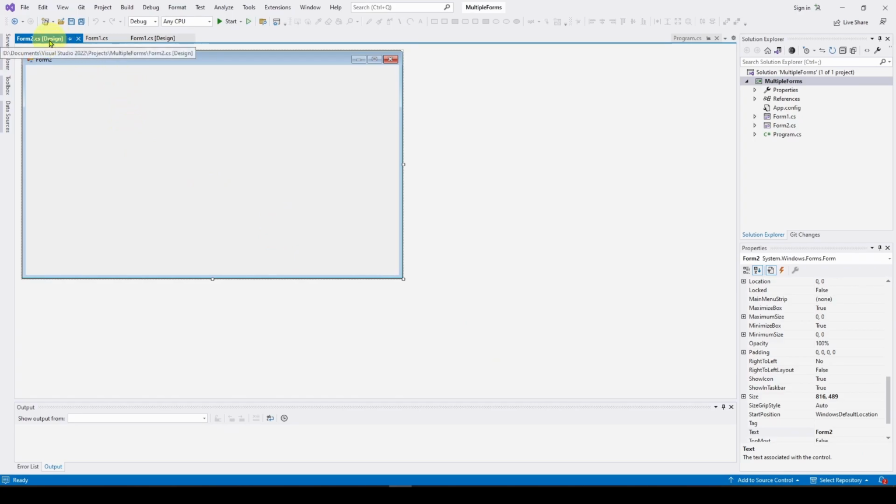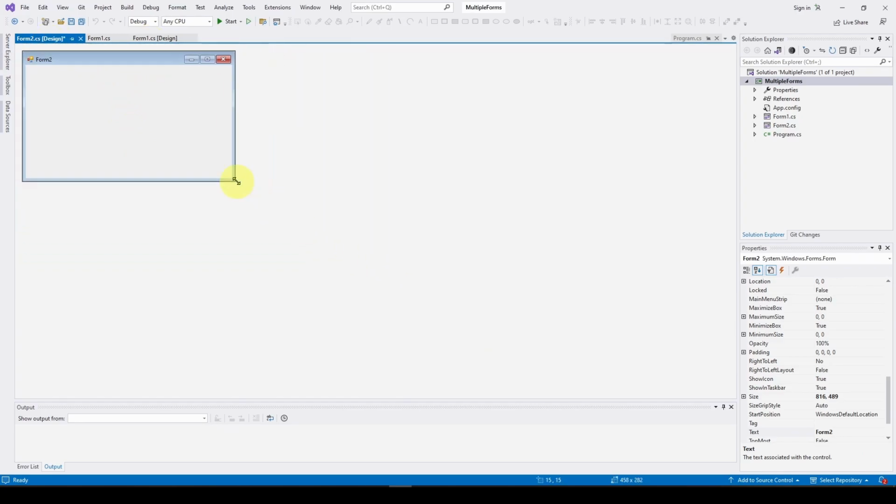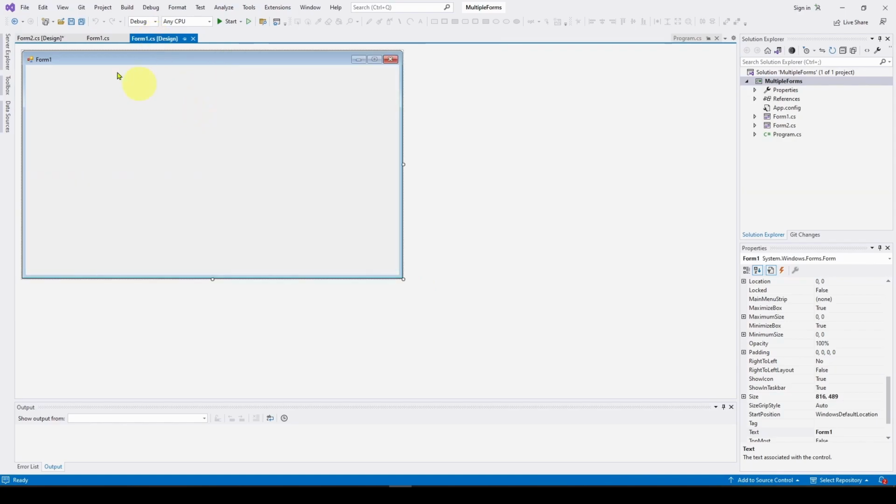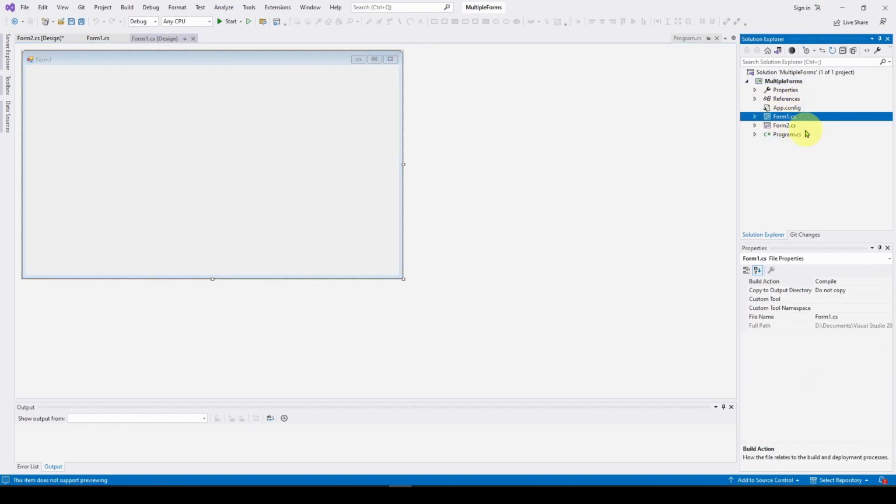We've got the design of form 2, and I'll make it a little bit smaller, and we've got the design of form 1. So now we've got two forms in our project, and you can look over here, form1.cs, form2.cs. Now we've got our class for form 2. We said before we're going to have to instantiate it, and we're going to figure out how we can show